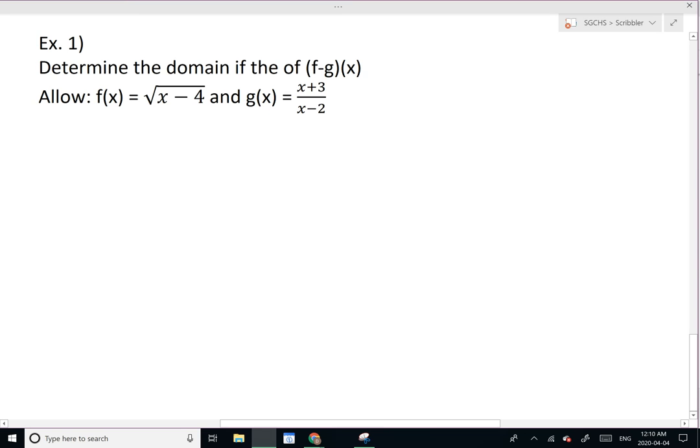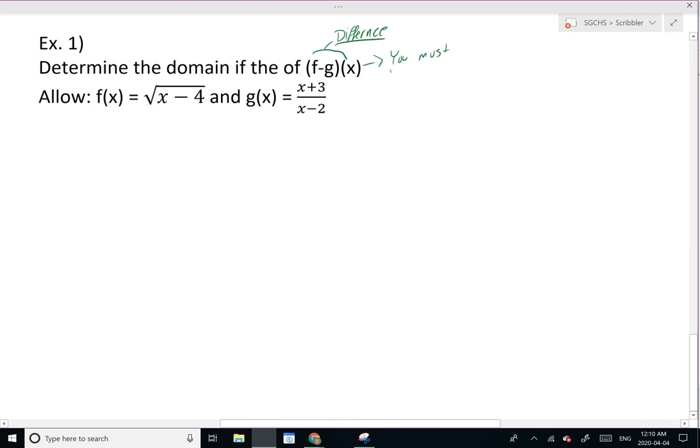Okay, so we are going to go over how to find the domain when there is a sum or a difference operation occurring to two functions. In this case, this is a difference operation. And how do we find the domain of this thing? Okay, well, when you have to find the domain of a function operation,